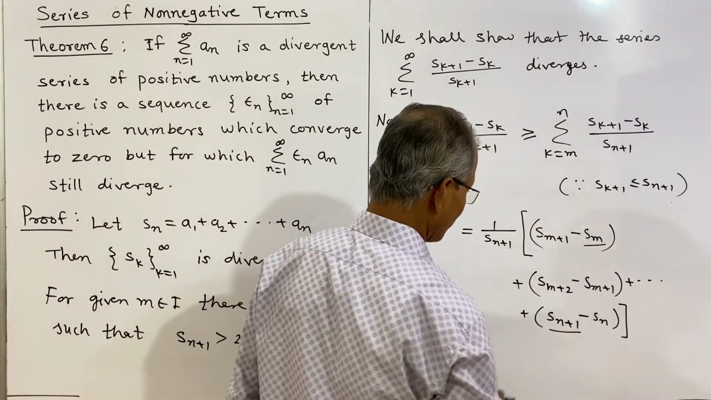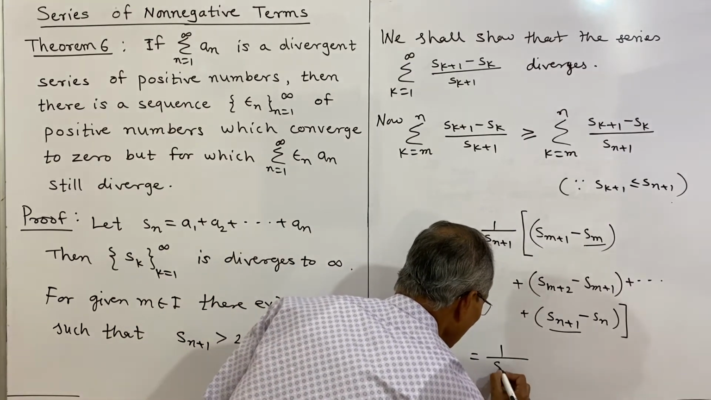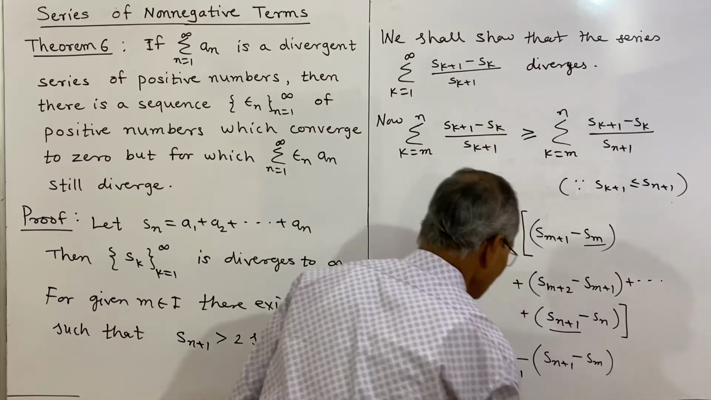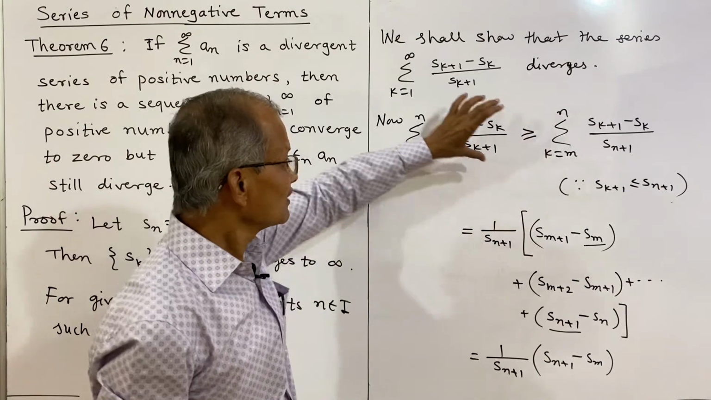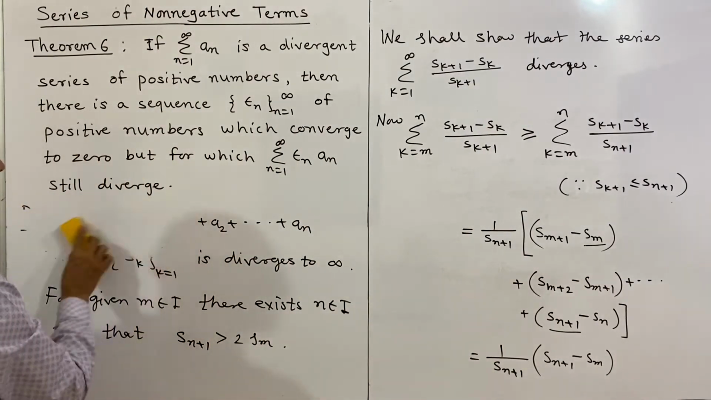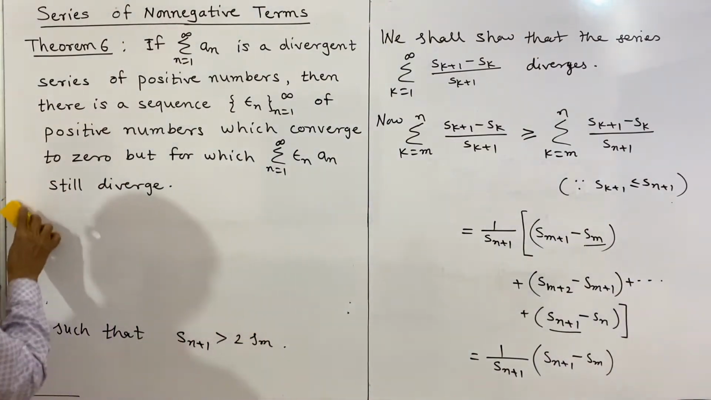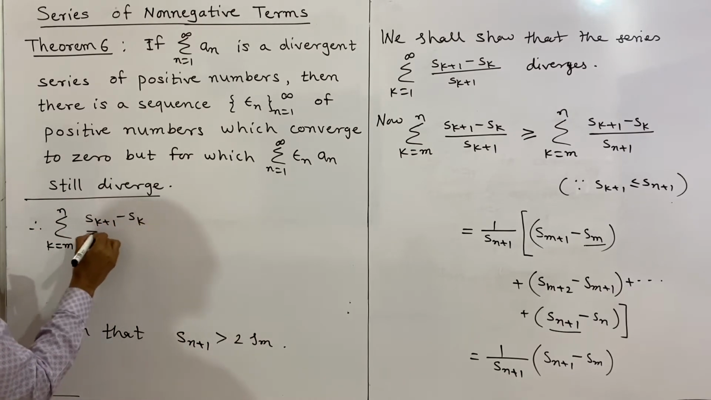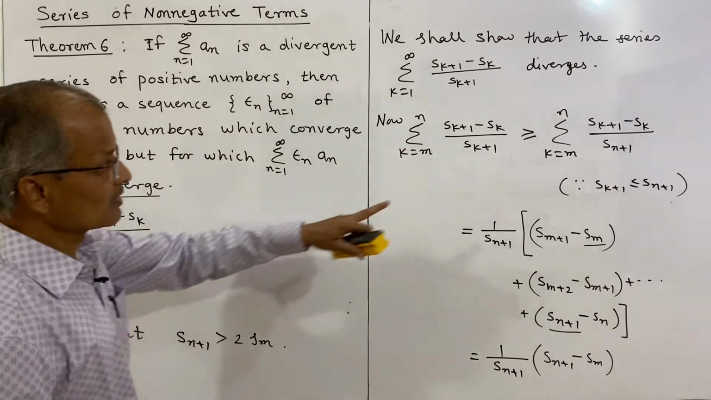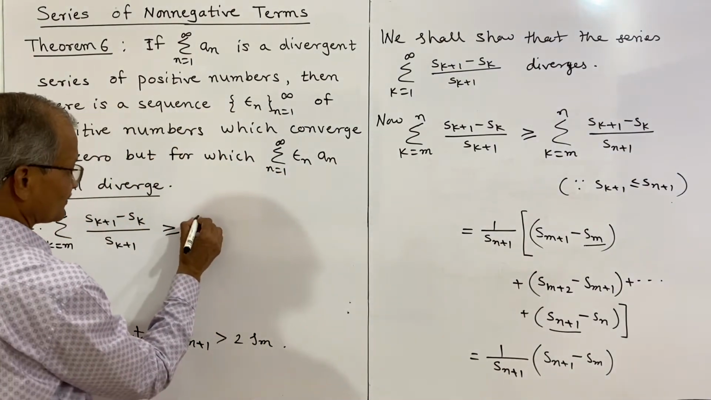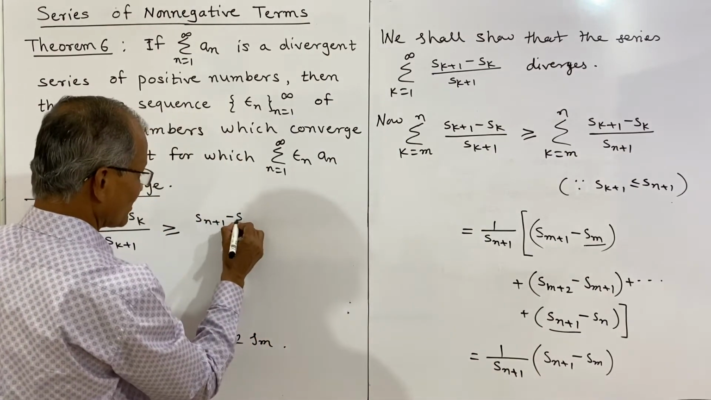So S_{n+1} minus S_m remains, or that is equal to 1 upon S_{n+1} into the bracket. This is S_{n+1} minus S_m. This expression is equal to this one, but this sum is greater than or equal to this expression, and thus we have, therefore, the summation k takes value m to n of (S_{k+1} minus S_k) divided by S_{k+1}. This relation is greater than or equal to, and the last expression is this one, S_{n+1}, I shall write that bracket as numerator, minus S_m divided